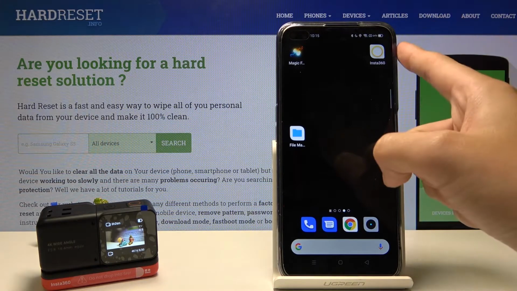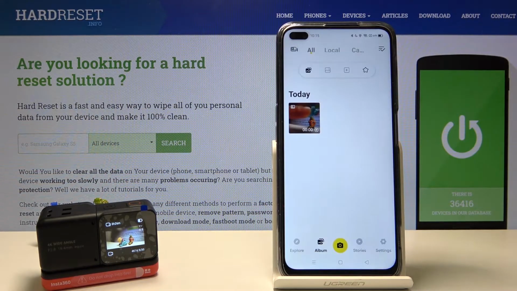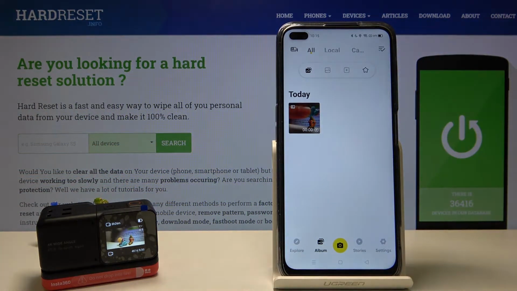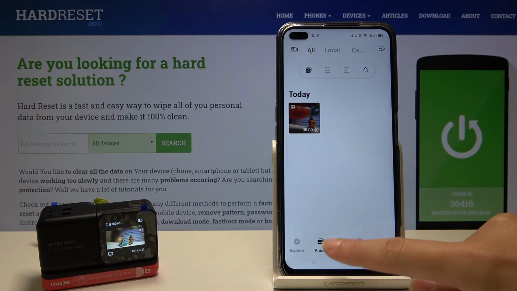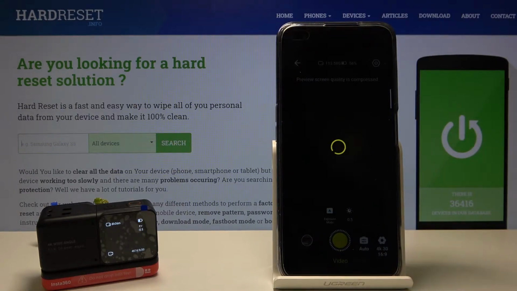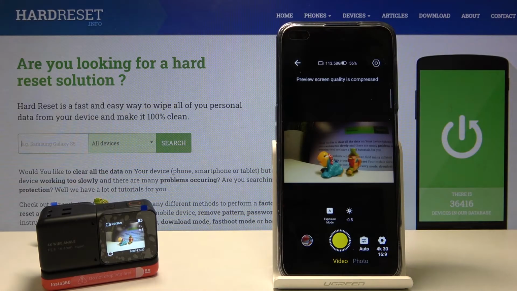So at first we have to start by opening the Insta360 app. If you don't have this, I suggest you check our other videos to find out how to install it. And if you have it, let's go to this button here at the center. When we tap on this, we get access to the app with the camera and we can start recording the